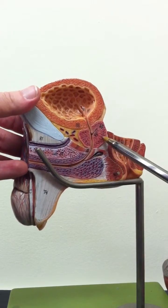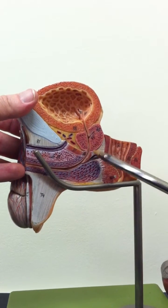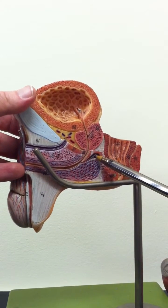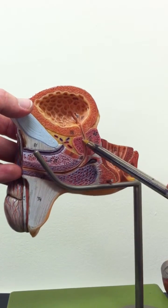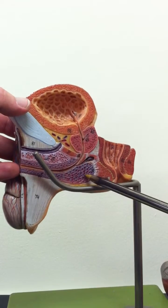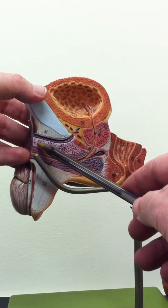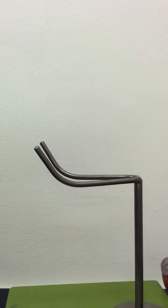But here's the prostate again, right here. And there's the little ejaculatory duct. And this is that bulbourethral gland we couldn't see very well on the other model. Right there, that teardrop. Then you've got the urethra. That tube all the way through. Beginning of the corpus spongiosum. Beginning of the corpus cavernosa. Right here. And then to complete the story,